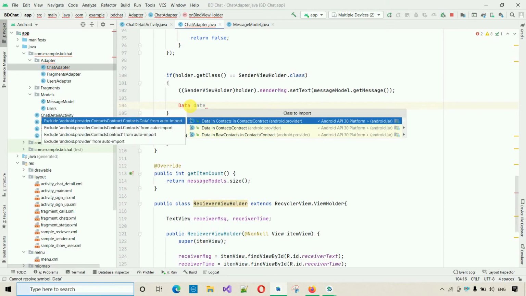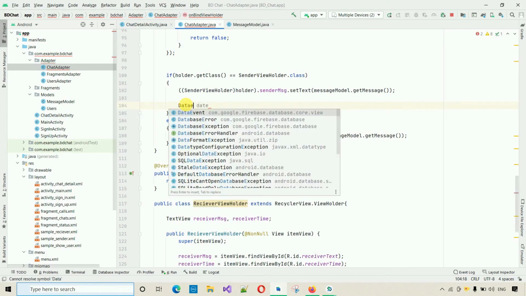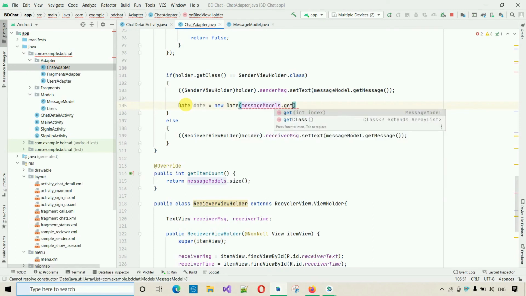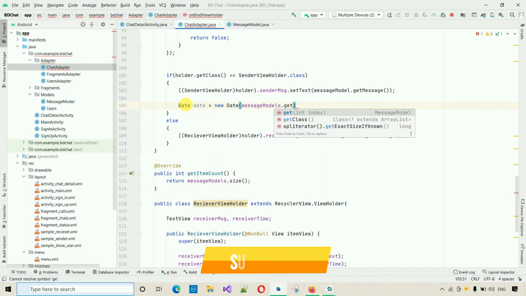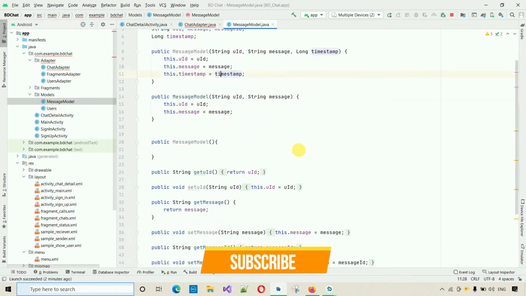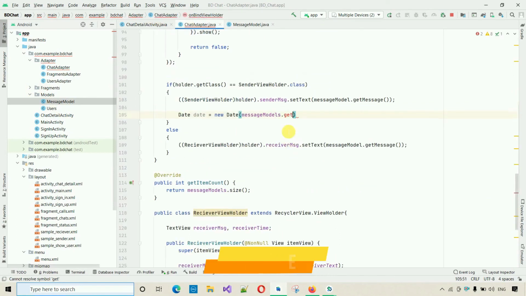import class, just click on this, Alt Enter, not like this, it's Date, not Data. Date is equal to new Date, and into this one we have to pass the message model dot getTimestamp. I'm going to get the timestamp from the message model. If I enter into this one, Timestamp, okay, we have the getters and setters for that. I get timestamp. If I move back into this one,